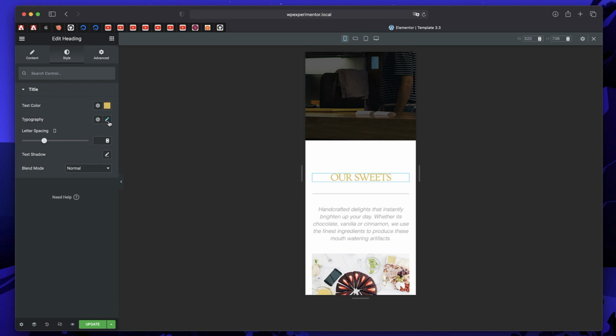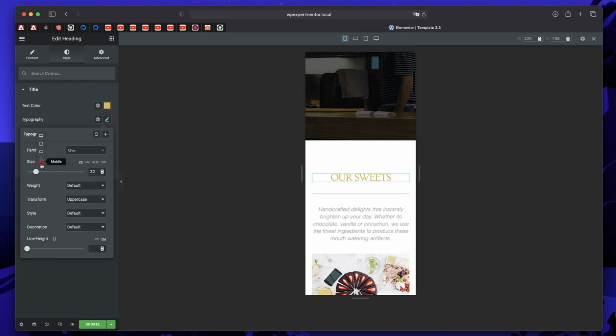If I want to change the font size, I see a mobile icon or a tablet icon. That means this can have different sizes on different devices. Whereas font family doesn't have that. That means Elementor, at least by default, doesn't allow me to pick different font families for different breakpoints. So when we're talking about breakpoints, we're essentially talking about properties that support these breakpoints, such as font size.